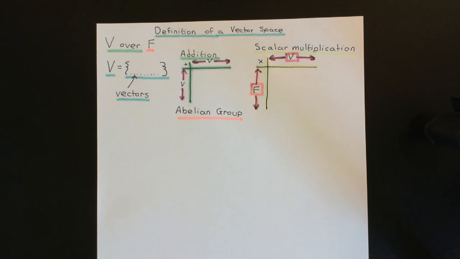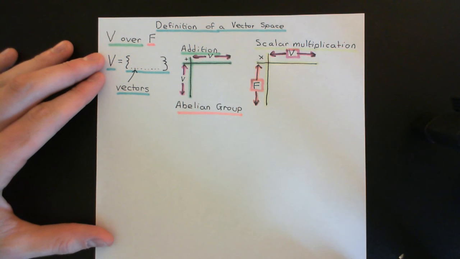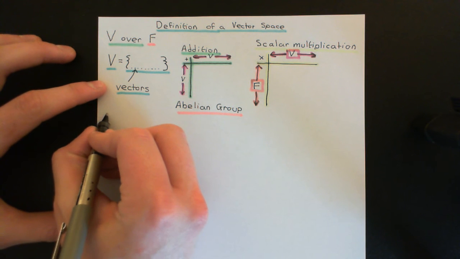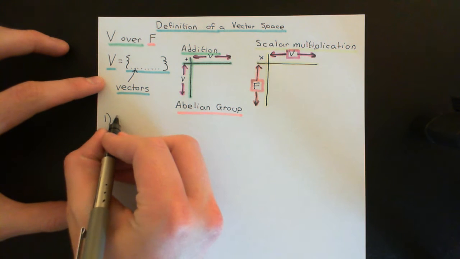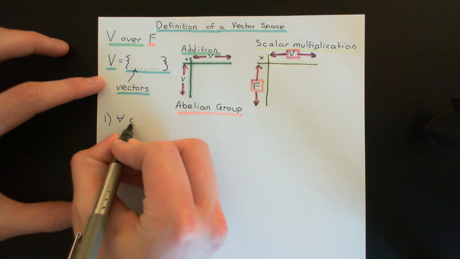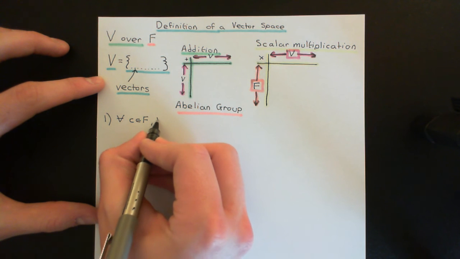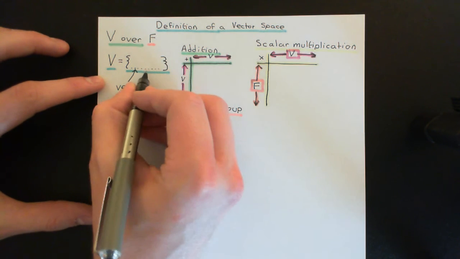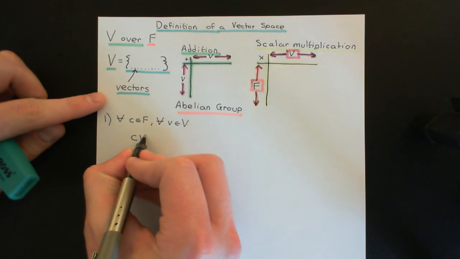Right, so let's now say what axioms this scalar multiplication table needs to obey in order for this to actually be called a vector space. Axiom number 1 I've already actually stated, that's closure. That means that for all little c an element of the field capital F, and for all little v an element of our vector space capital V, it must be the case that if I multiply c by v in my scalar multiplication table,